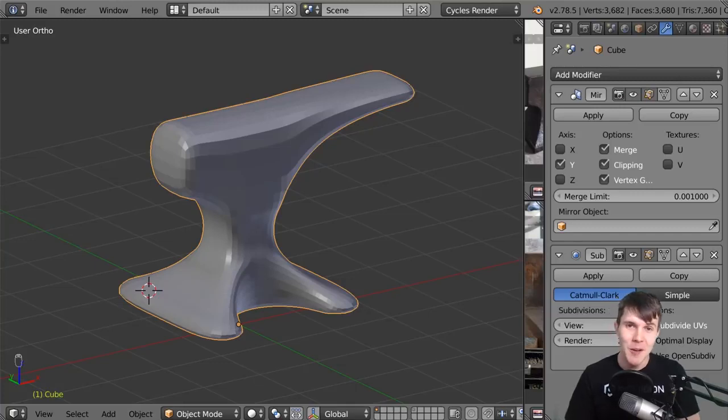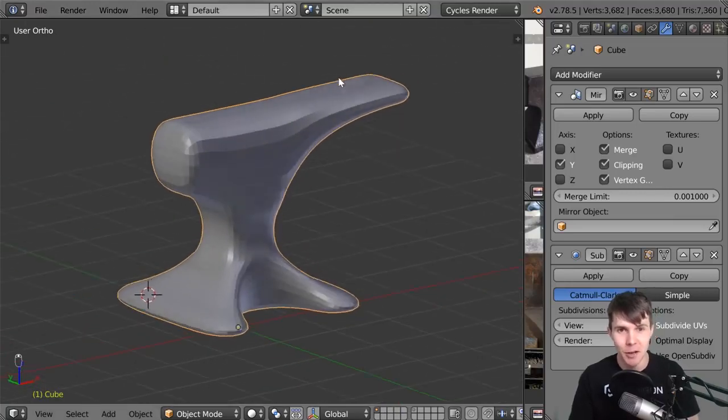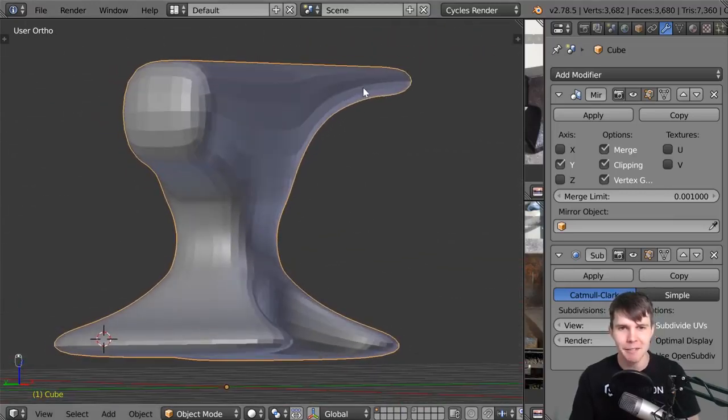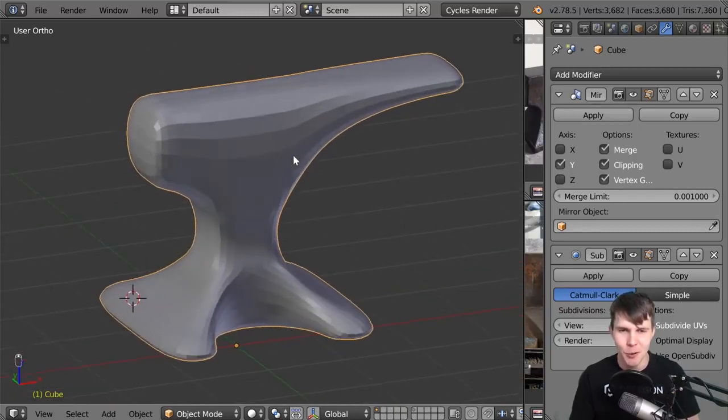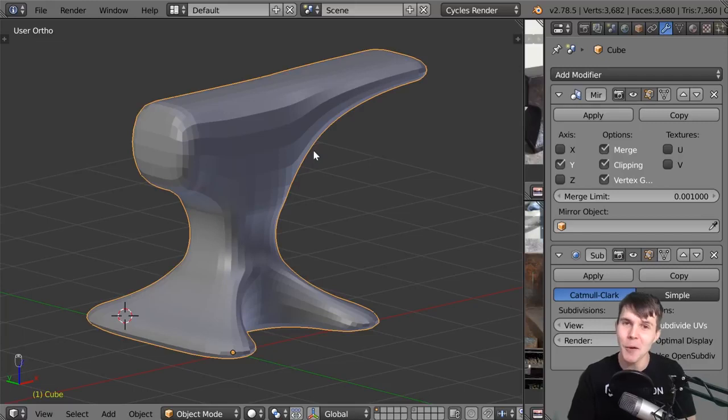G'day, welcome back to the Anvil modeling tutorial. I'm Andrew Price, and this is where we're at. We've got what looks like half an anvil made out of cheese. So in this part, we are going to be adding sharp corners to it, which I know sounds absolutely thrilling,